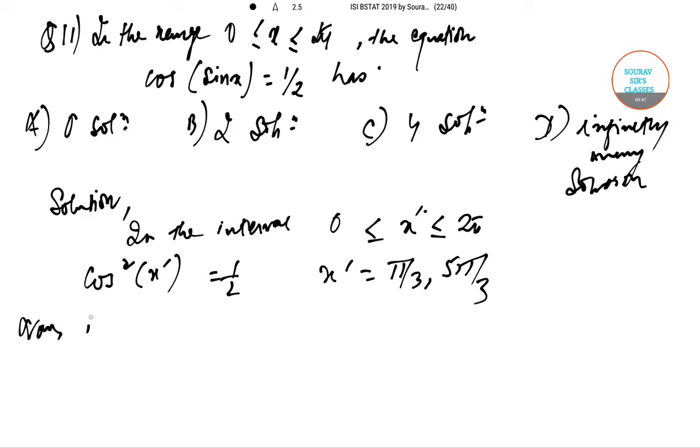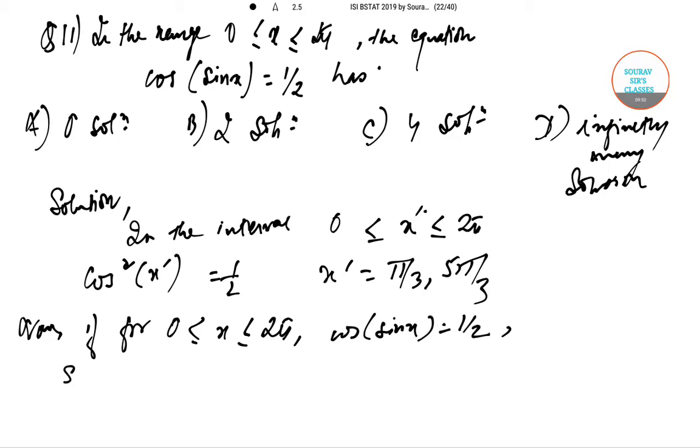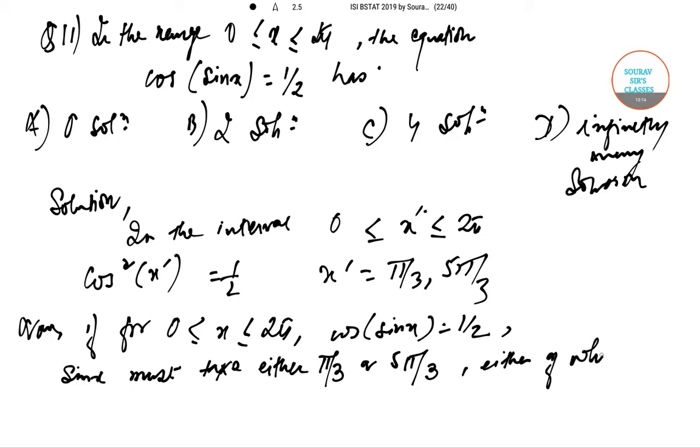Now if for 0 less than or equal to x less than or equal to 2 pi, cos sin x equal to half, sin x must take either pi by 3 or 5 pi by 3, either of which is not possible,